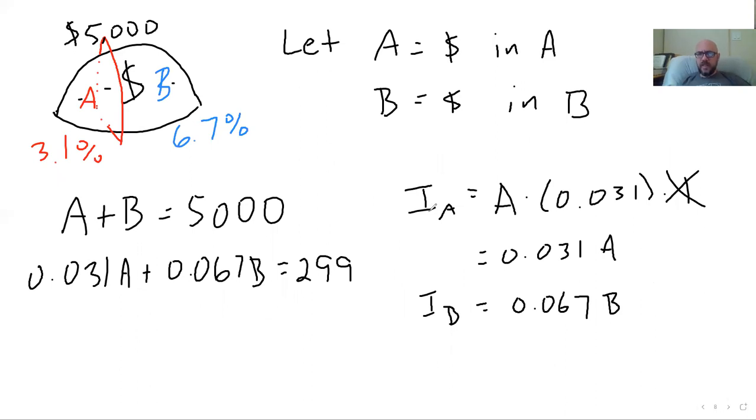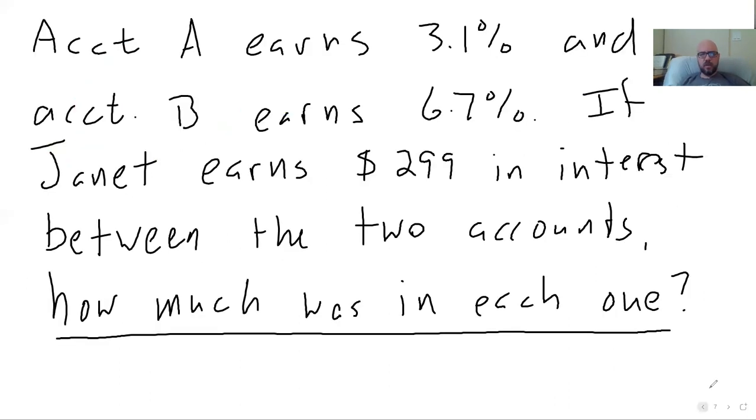And then use that idea of, well, I know the interest in A and I know the interest in B, and they told me what the total interest was. So that's very similar to this equation, right? Where I know the amount in A, the amount in B, and the total amount. I know the interest in A, the interest in B, and the total interest, right? So we can set up the equation in pretty much the same way. So this is a little bit more complicated, but not tremendously more complicated than, say, this one with the Lopezes